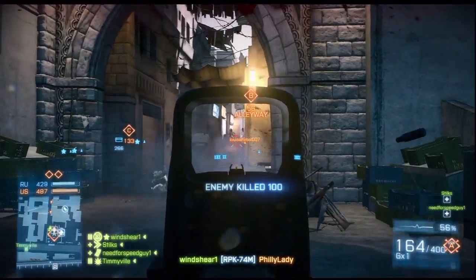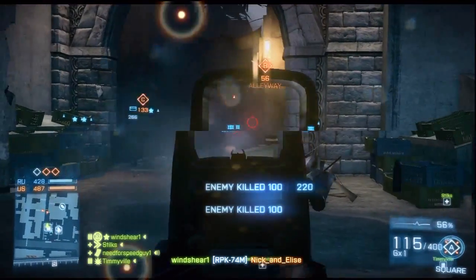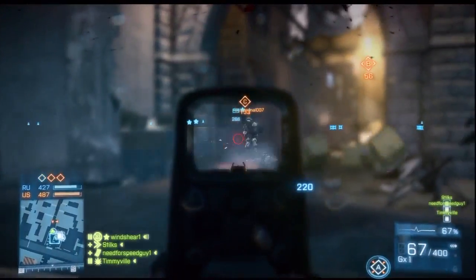But here was what I'm talking about with support class. This is why they're so effective, particularly on maps like this with these narrow corridors. Holding down that alleyway. I mean, I'm just holding down the entire team because